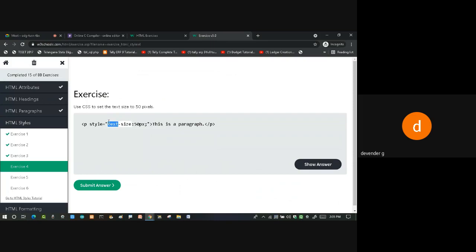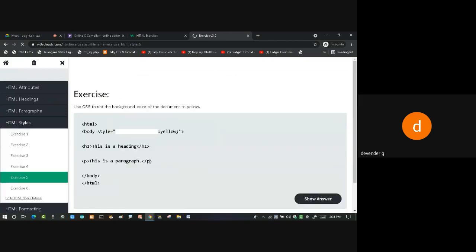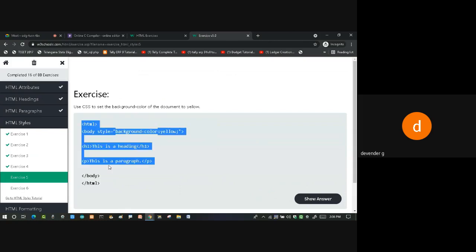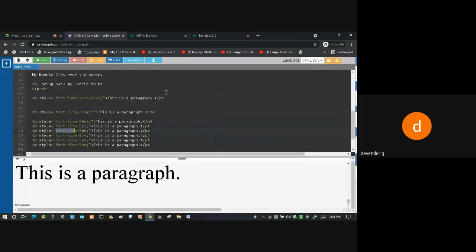So it is font. Now I want the style to my body. Okay. So I want to fill my background with color. So already we know that style is there. I want to get a background color. So I'll be saying background color. So I want to fill my entire screen with color.